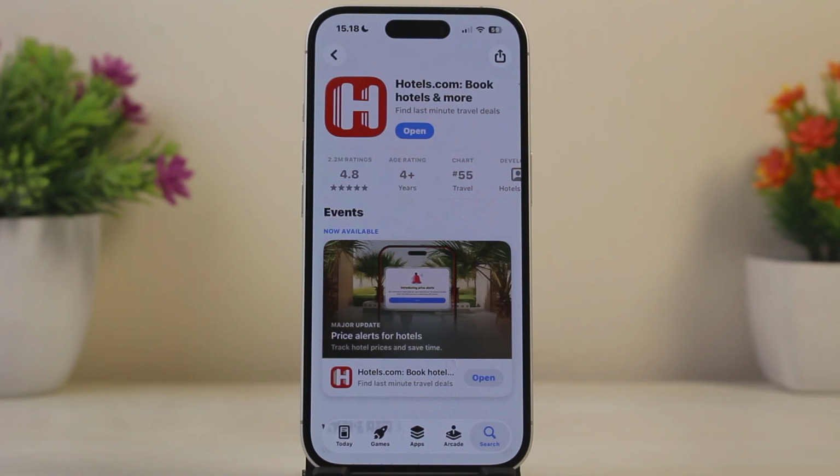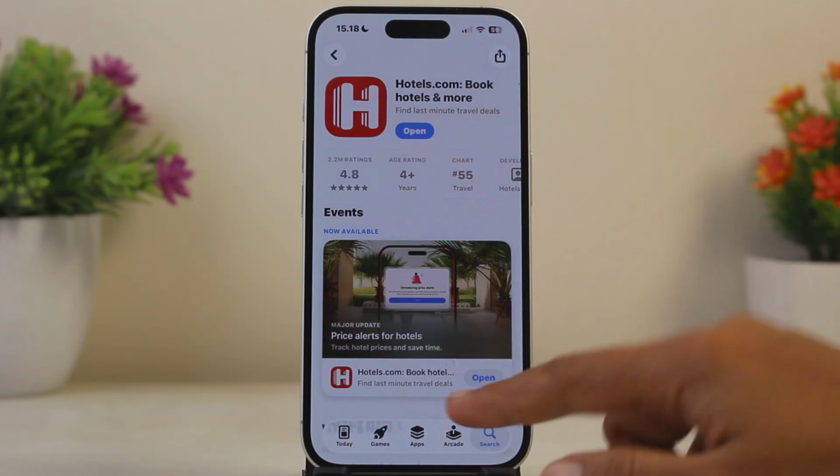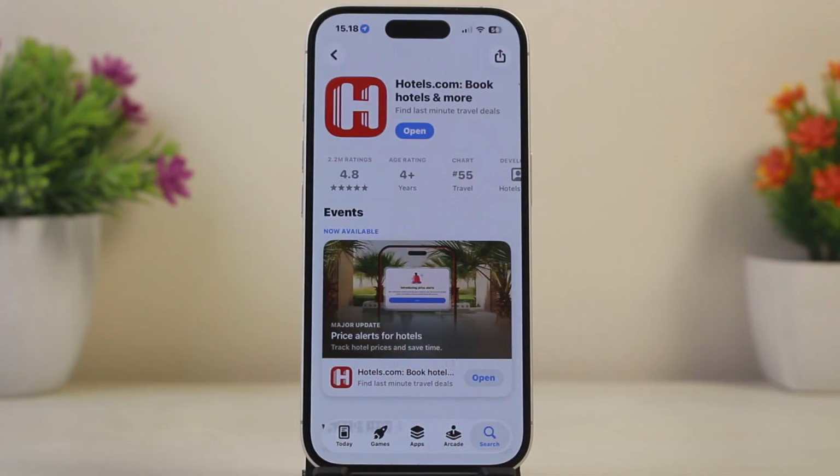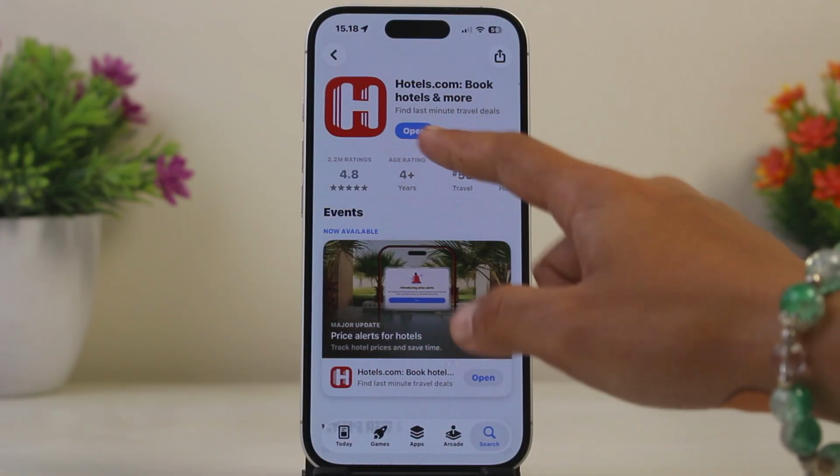Now the next thing you can do is update the app. Just open the Apple App Store or Google Play Store, then find Hotels.com, and if you see an update option available here, just tap on Update to get the